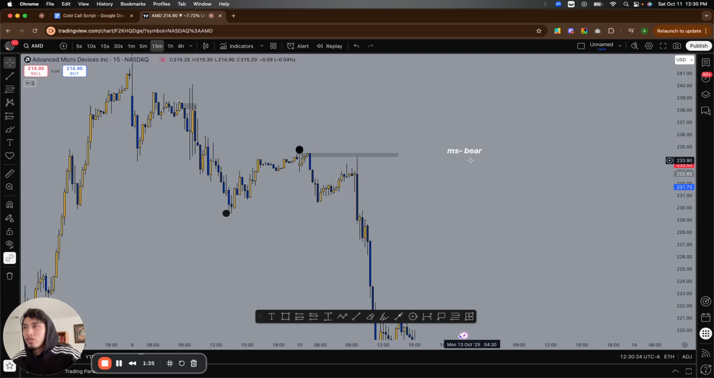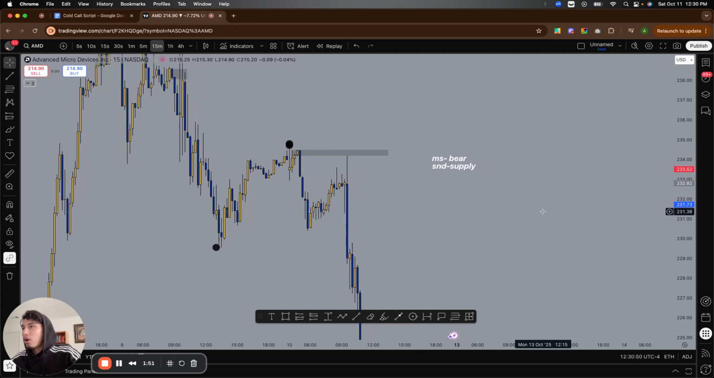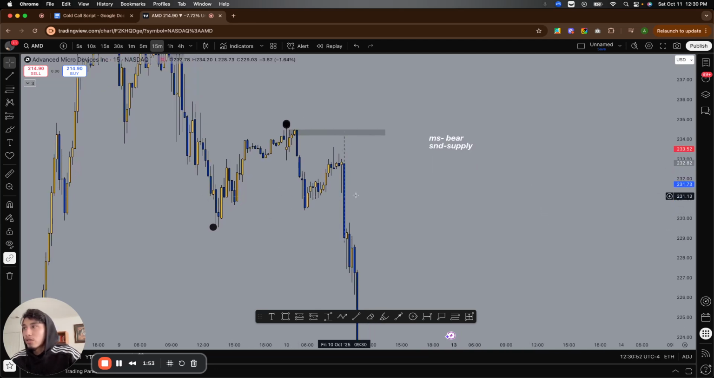So since the market structure is bearish, what do we want to look for? We want to look for supply zone. So supply and demand, we're looking for supply because the market is bearish, right? It would be kind of dumb to look for a demand zone if the market is bearish. So once we understand that the market is bearish and we're looking for supply zones,